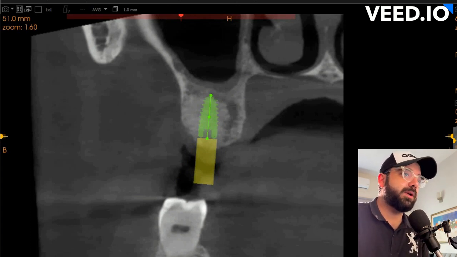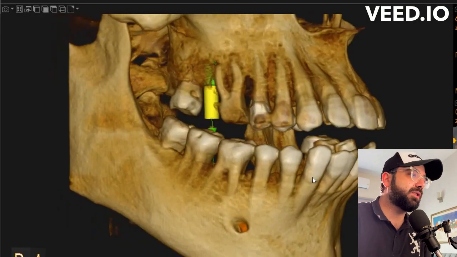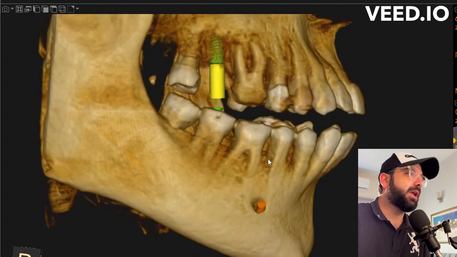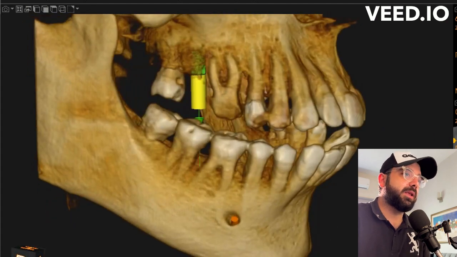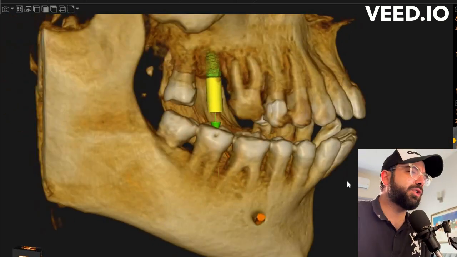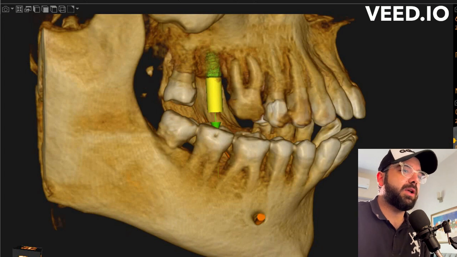So this is how the implant looks on the transaxial view. This is how it looks on the 3D rendering. The threaded portion is there and will actually make sure that the implant is very well integrated with our future bone. So this is the implant placement we've done, and we've also made sure on the axial view